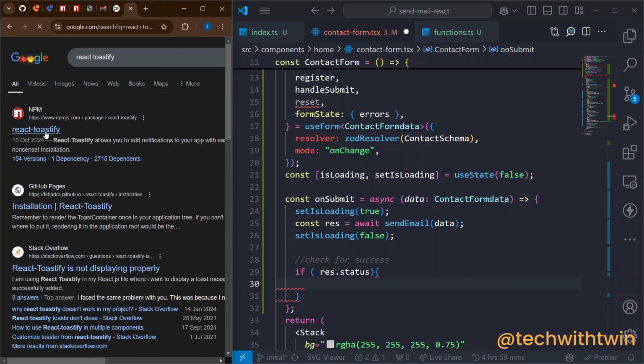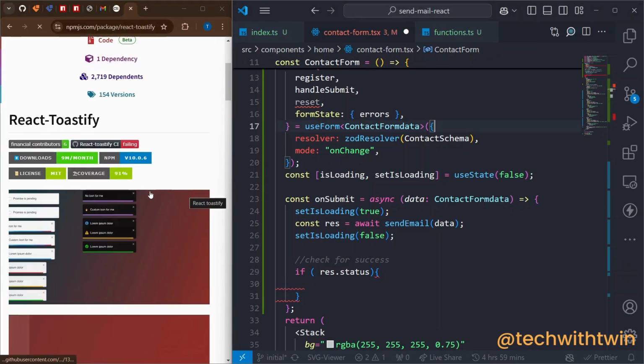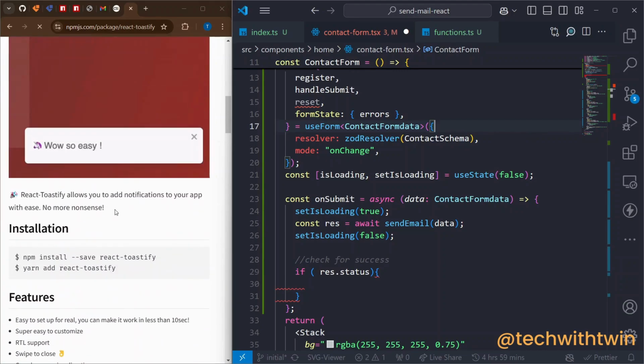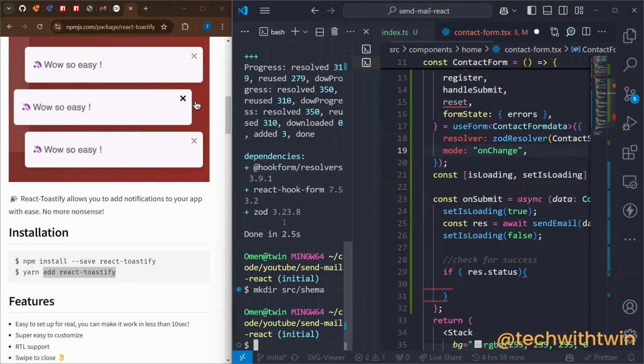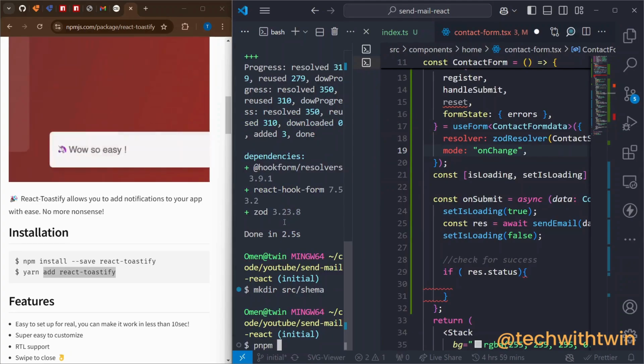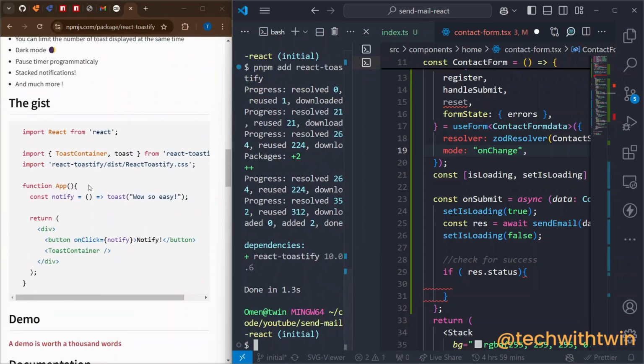So we're just going to use this package called React Toastify. You can use the inbuilt toaster from Chakra UI, but I like these ones. So basically we have to use them. So we can add this. We can say pnpm add React Toastify, and then following the docs,